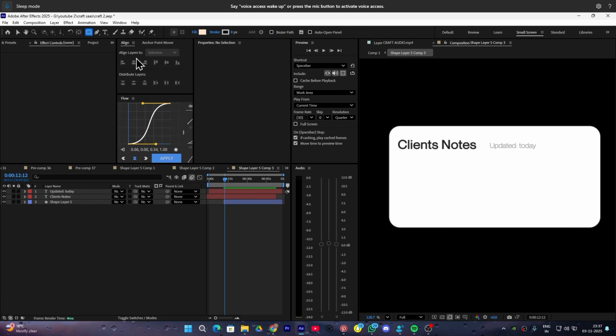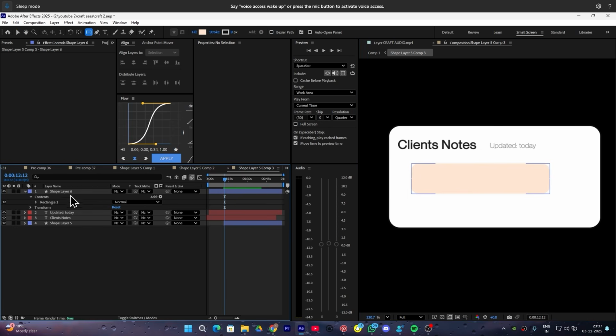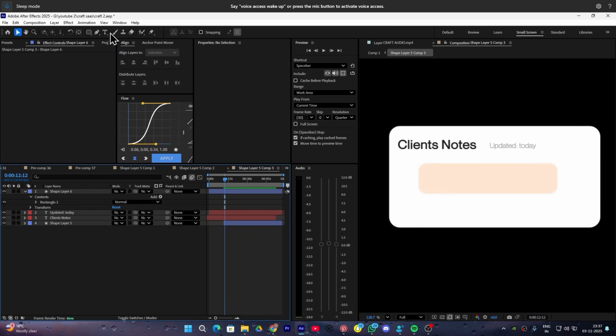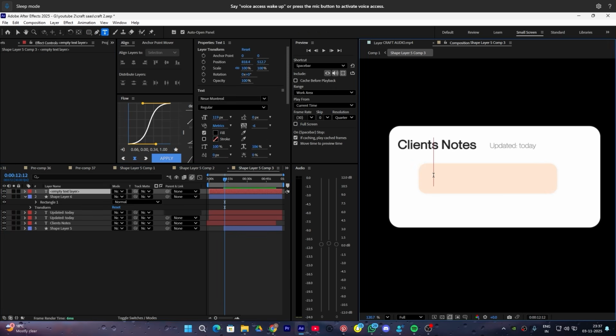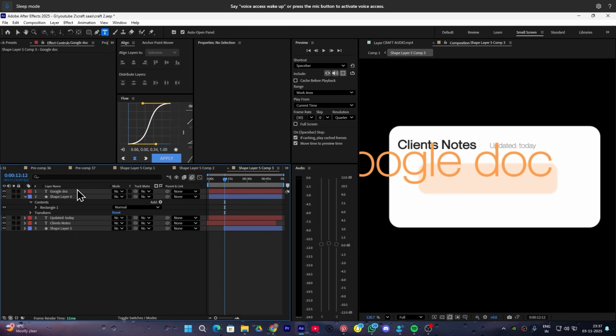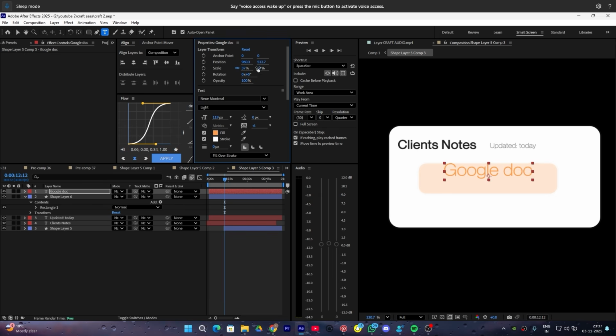And now it's done. Simply add another rectangle shape and create a bar kind of like this, and simply adjust it at the center. Now I'm gonna add a text that is basically Google Doc, and simply adjust it inside the box,